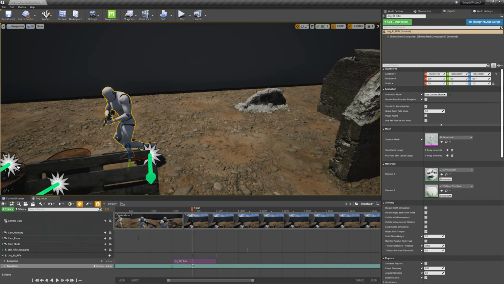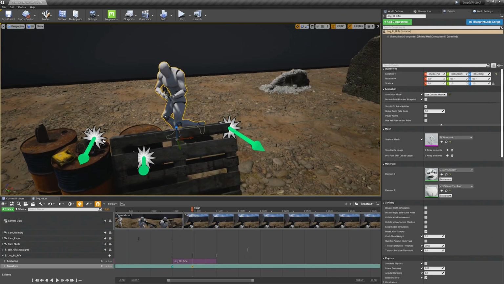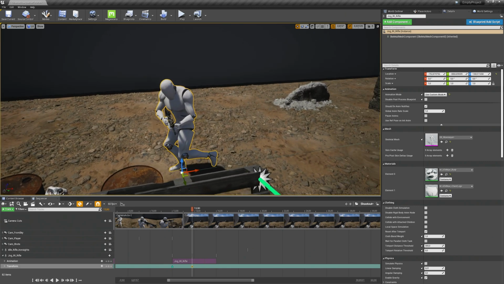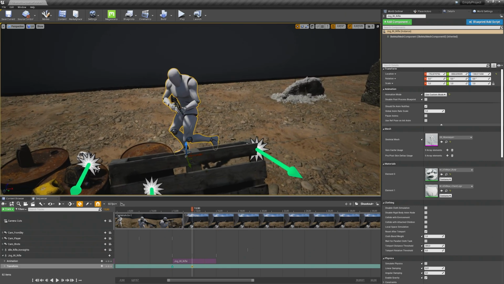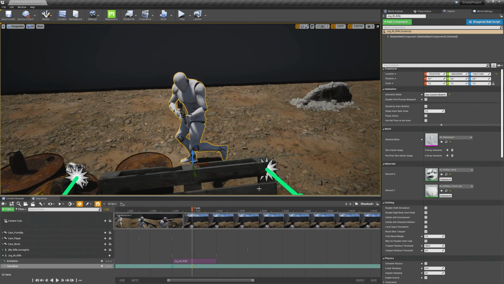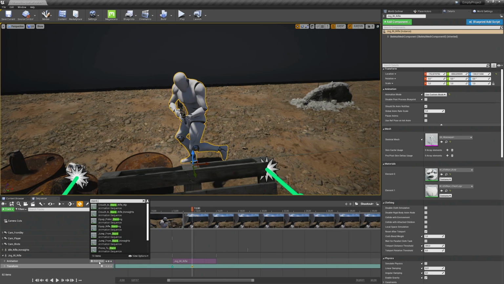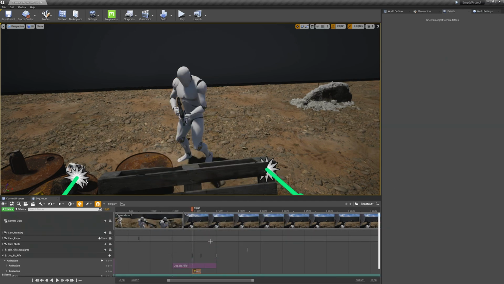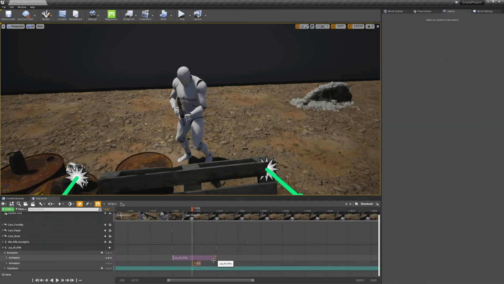And at this position, we want to go our enemy soldier into cover. So we need to add another animation here. Let's click on plus animation, choose stand to crouch, rifle hip. Click on it and it will add another animation layer here.